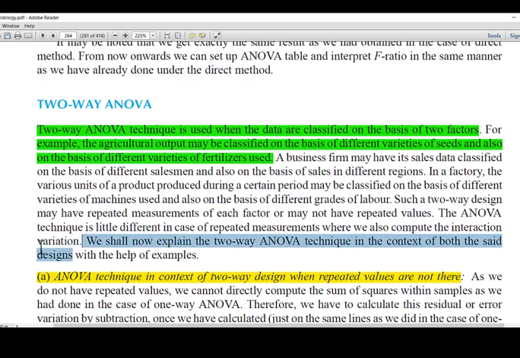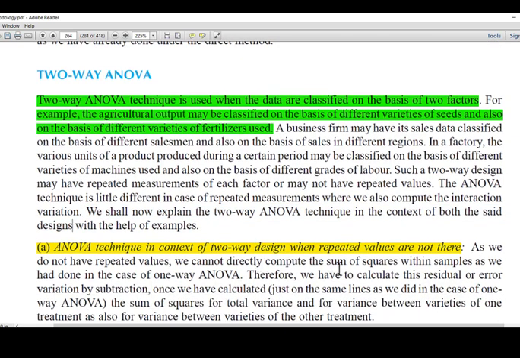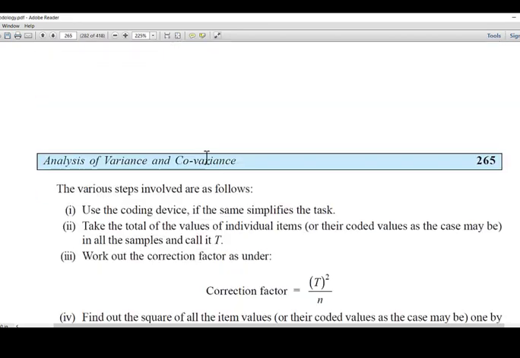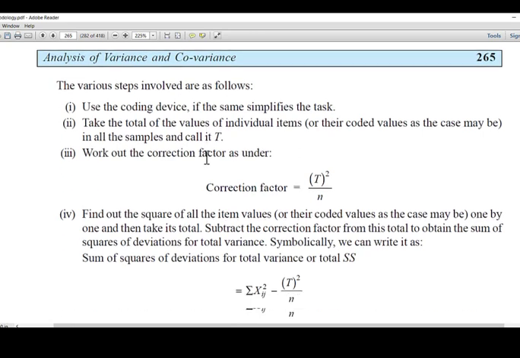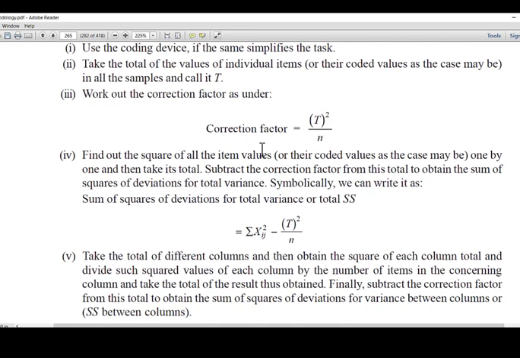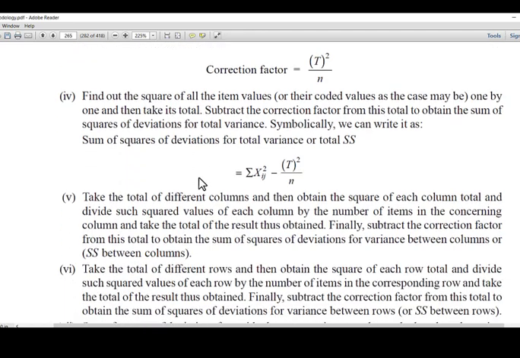And of course, now we will discuss both the cases: case A, when repeated values are not there, and case B, which contains the repeated values. Now, to discuss case A, we have to discuss these steps also. There are correction factors and squares of all the items one by one, and then we take the total. So this procedure is given